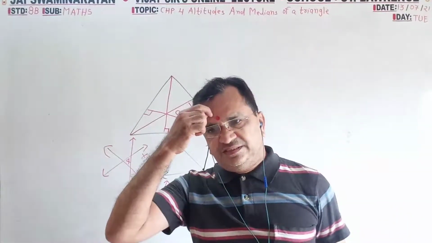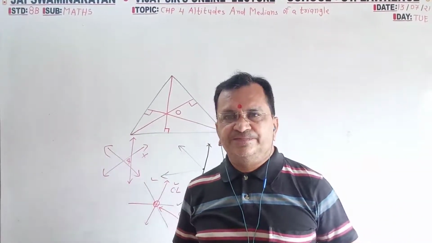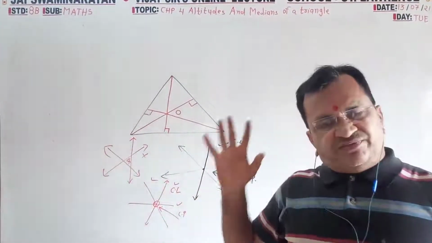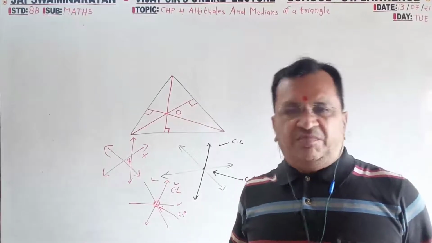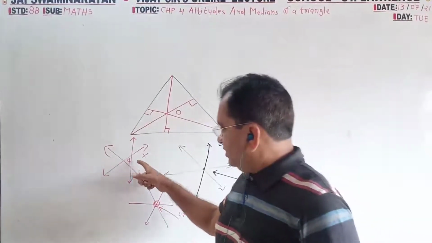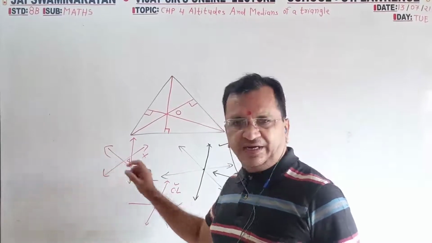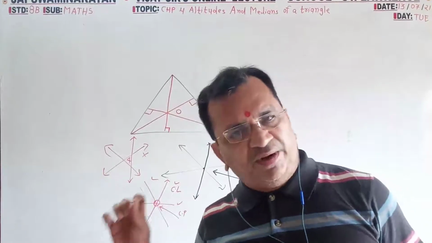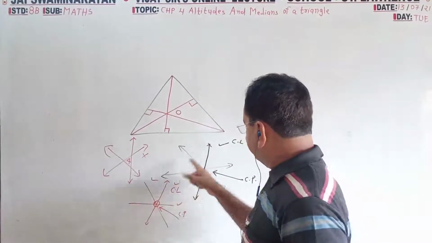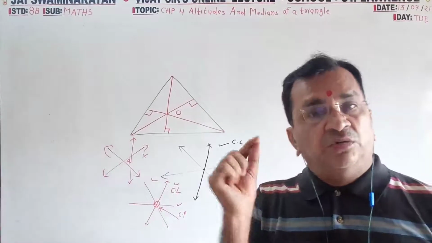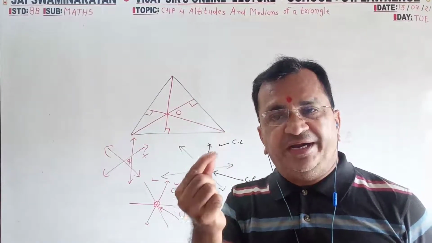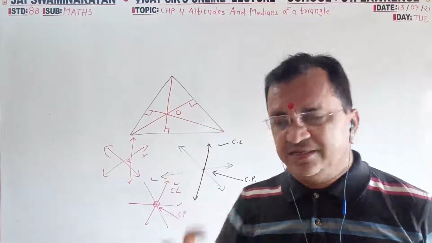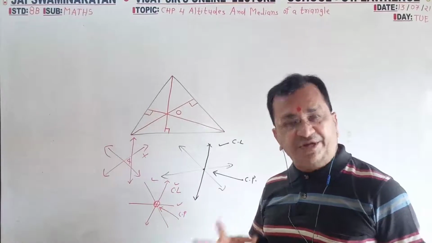Now see, two lines always pass from one point, that is a common thing. But if a third line we draw and it is not passing through that common point, these three lines are not concurrent lines and there is no common concurrent point. If three lines, more than two lines, are passing from one point, this is known as concurrent lines and the point is said to be the concurrent point.